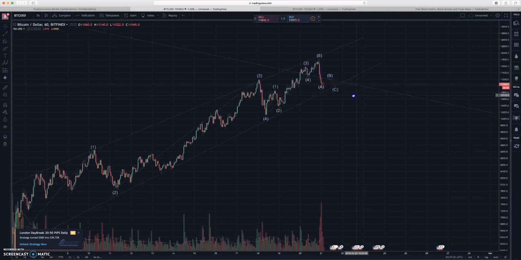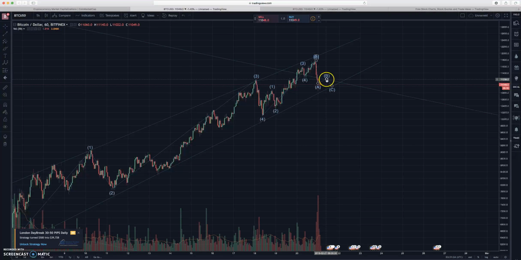We could see even something like that. Once we resolve this corrective wave, hopefully we can break back through this resistance, and maybe we'll end up over here somewhere, still below this A. Maybe it's pretty darn close. With Elliott waves, there are like 21 different types of waves. You can have all sorts of different kinds of corrective waves. You can have your B wave be really high, and this almost looks like an equilateral triangle. There are all sorts of different ways to do this. But my thought is it's going to be something like this, just based on the support and resistance lines we're looking at. And I think that's pretty good.